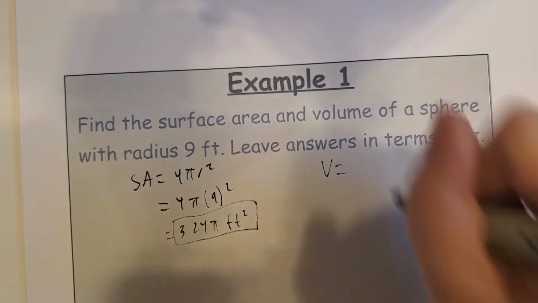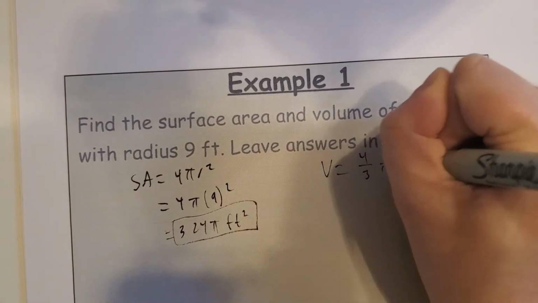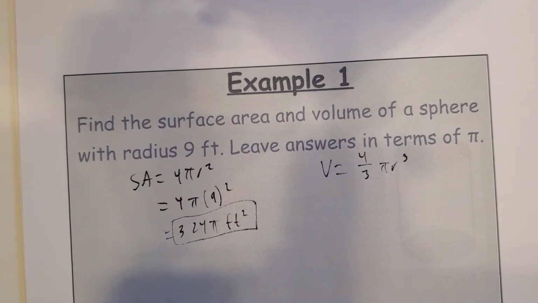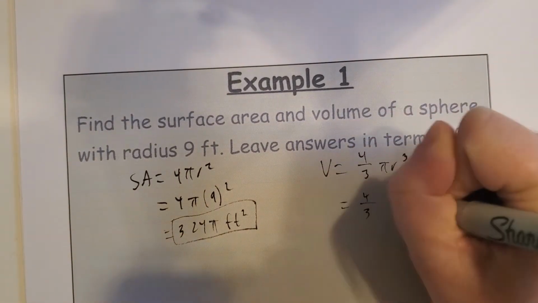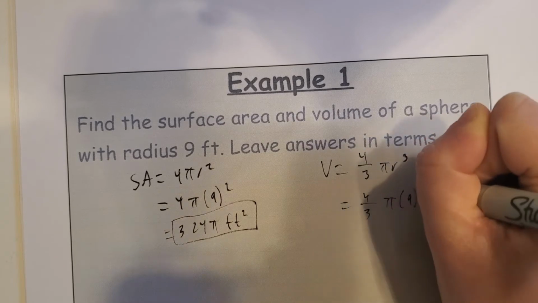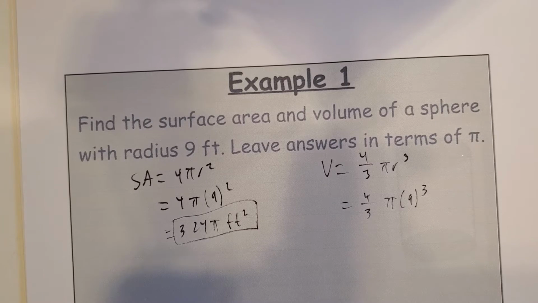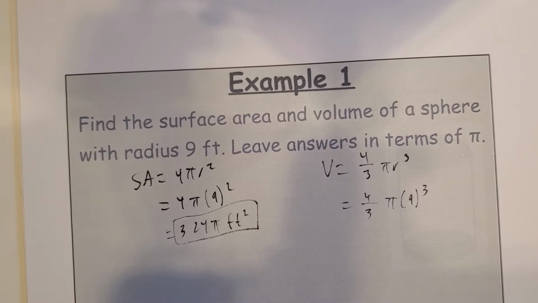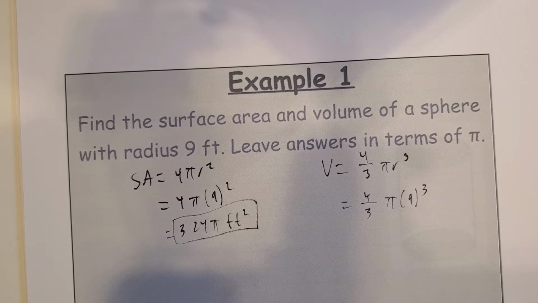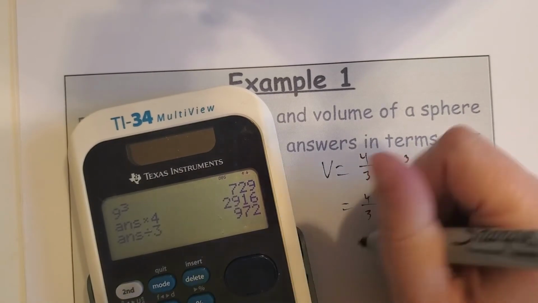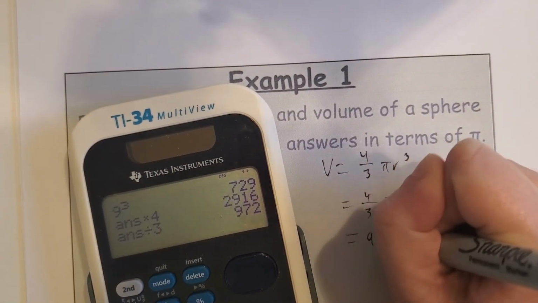Volume of a sphere is 4/3 pi r cubed. Be careful of that difference. But again, we're just going to plug 9 in. So that's... wait, something's going... I'm plugging this into my calculator, and I am not typing it in right. Times 4 divided by 3 is 972. So, this is 972 pi